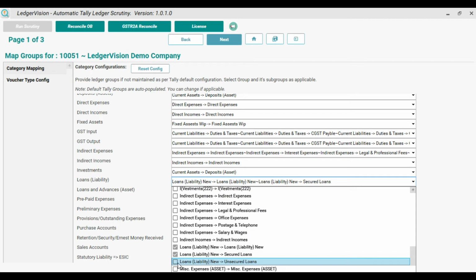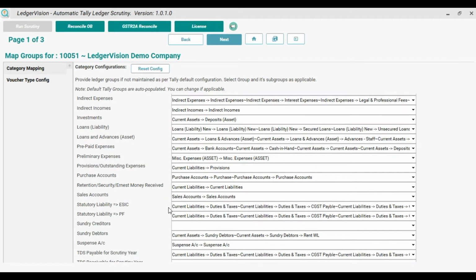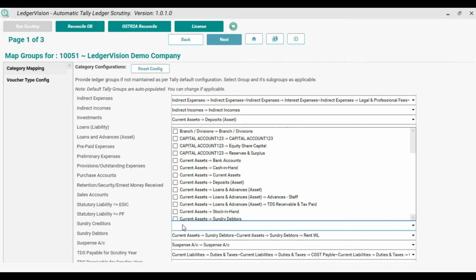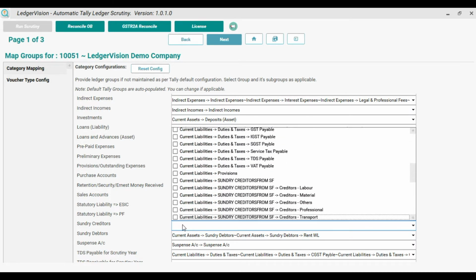Whenever there is a change in name, you have to configure this manually. Then again I have to configure creditors. From these configurations, LaserVision will pick up the data which is required for TDS calculations.